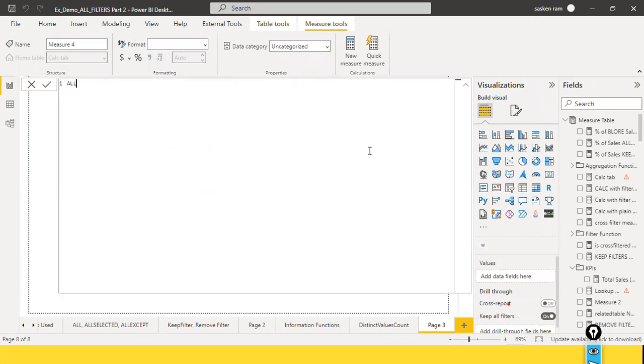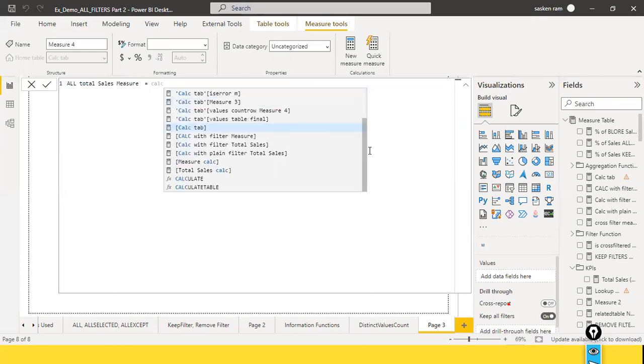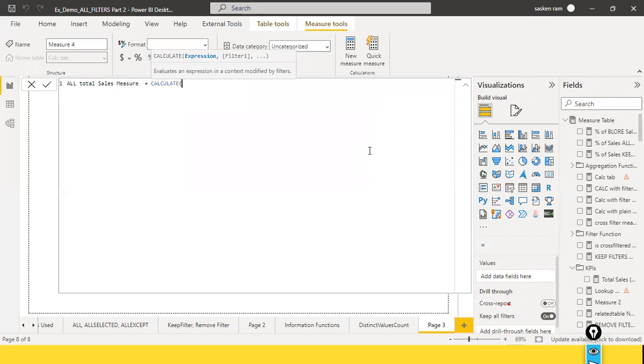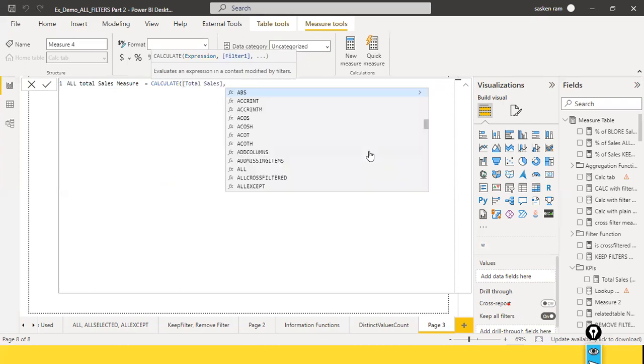But the problem with the ALL function, you cannot use it alone. You need to use CALCULATE. Okay, here I'm going to say total sales. This is the measure I already created. Okay, I'm going to reuse it. Here what I'm going to do is